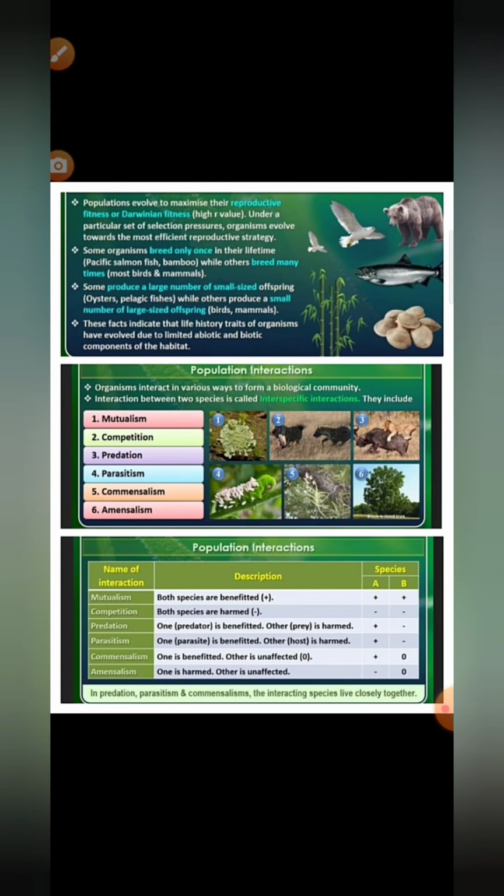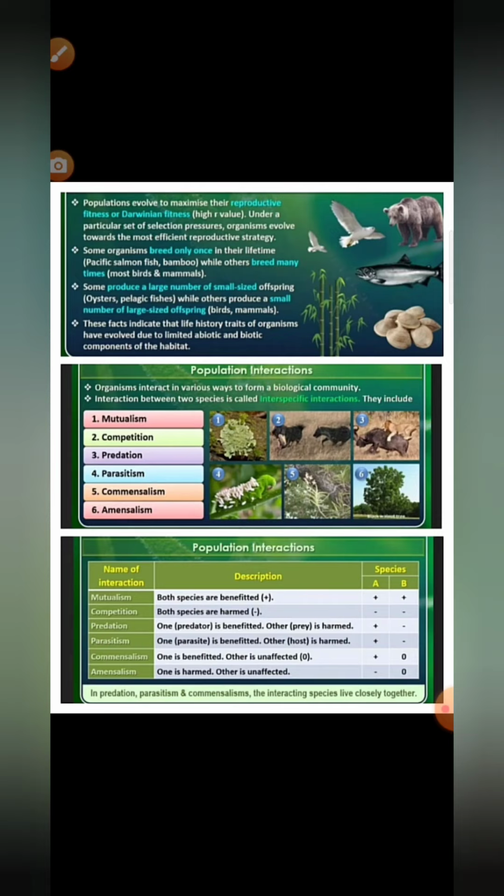And populations evolved to maximize their reproductive fitness, as with Darwin's finches. Under a particular set of selection pressures, the organisms evolved towards the most efficient reproductive strategy. Understood? And different life history variation is also there. Darwin's fitness, what does it refer to? Basically to the population where they evolved to maximize their reproductive fitness, that is, high r value. Under selection pressures, organisms evolved towards the most efficient reproductive strategy, and the rate of breeding varies from species